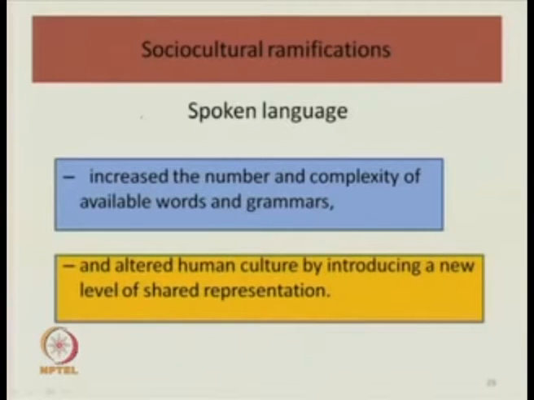Remember, the level of shared representation in the first phase was a level that played out in the body, where the body was used as a representational device. Remember, mimetic skill. But now we have an entirely new level of shared representation